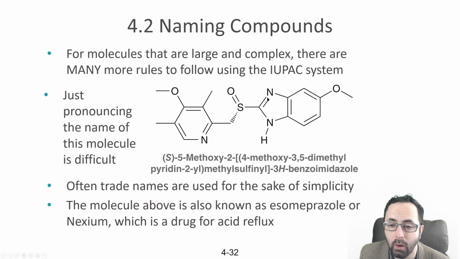Although the strength of the IUPAC system is that it has rules that allow for the systematic naming of any compound, whereas common names are just a name that's made up by someone. They have nothing to do with the structure. So the molecule up above is called Nexium. It's a drug for acid reflux, and that's why people call it Nexium, because this is a whole mouthful. However, if you really wanted to know the structure, which generally we do when we're doing organic chemistry, it's valuable to have the systematic name.